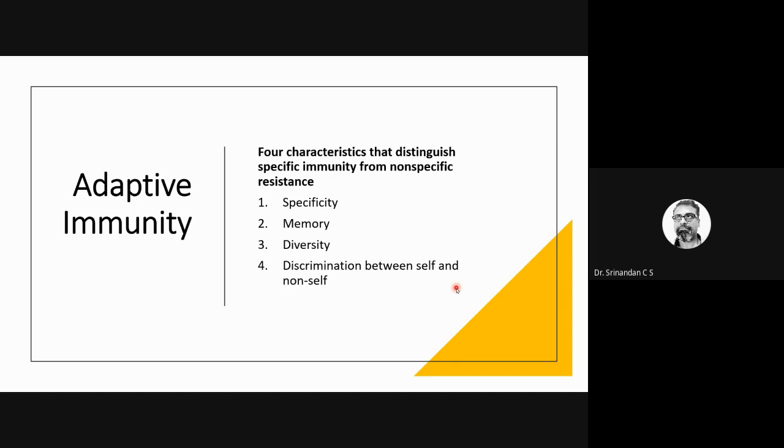There is something very, very important, especially when we go for robotics and all. This particular feature is something very important. So we'll be learning about these things, this discrimination, how it can do, and how the diversity, memory, and specificity can also be done by the adaptive immune system in the forthcoming slides. Okay, we learn.